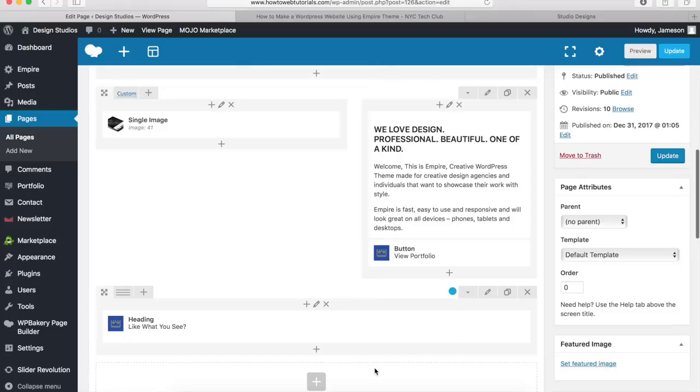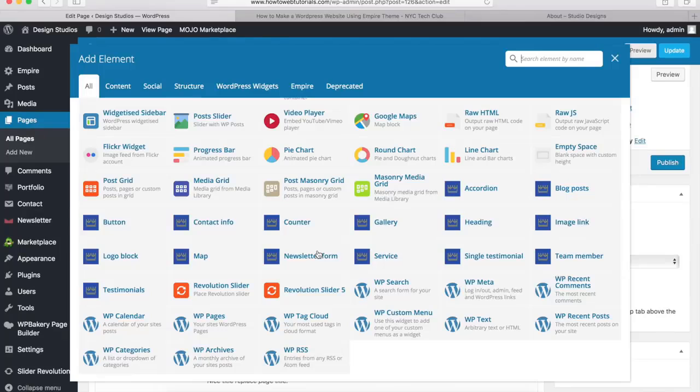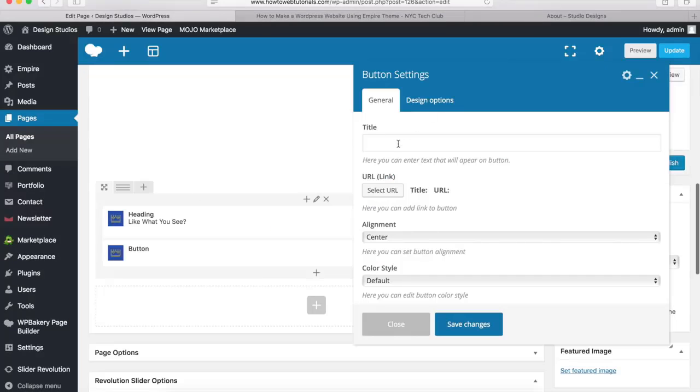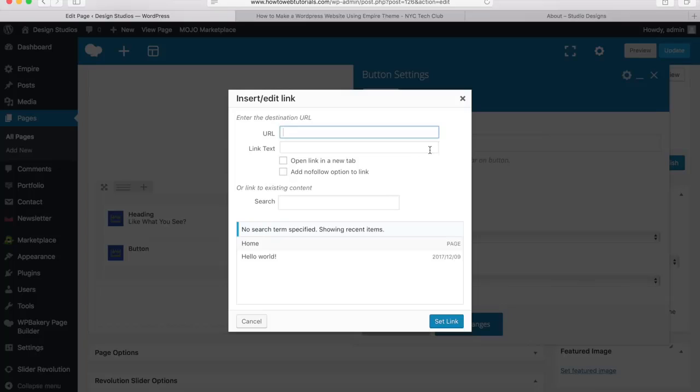And now we just want to add our button at the bottom. So let's click on the plus button right here, and find the button element and click on that. And once you get the button settings pop up, let's just type in our text right here for the button. So I'll type in Get in Touch. And I want to link this button to the contact page that we're going to build a little bit later for the WordPress website. So we can just type in the URL,